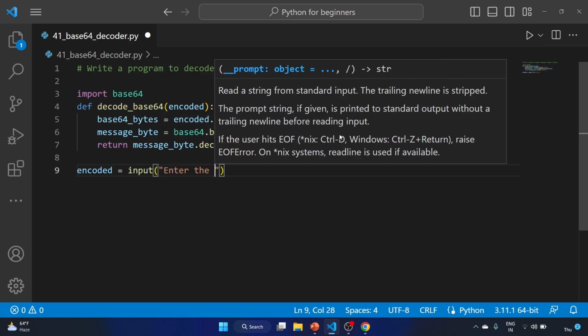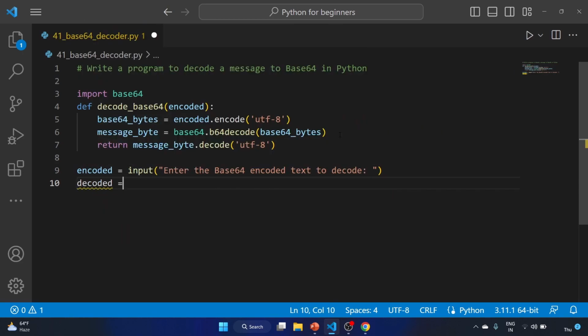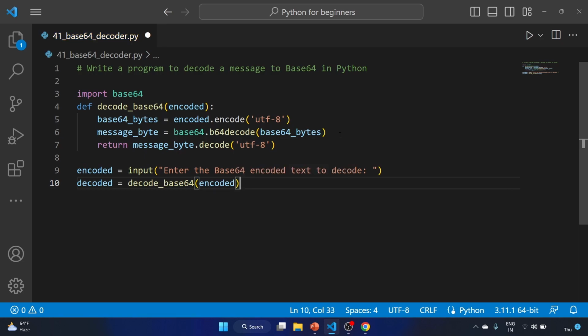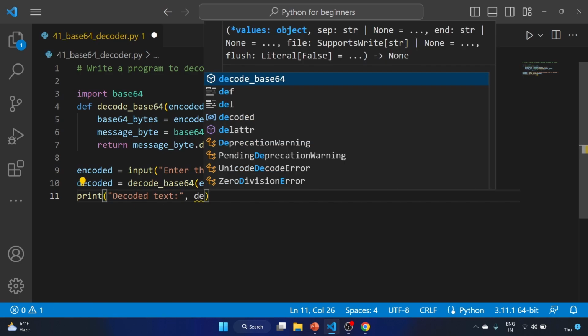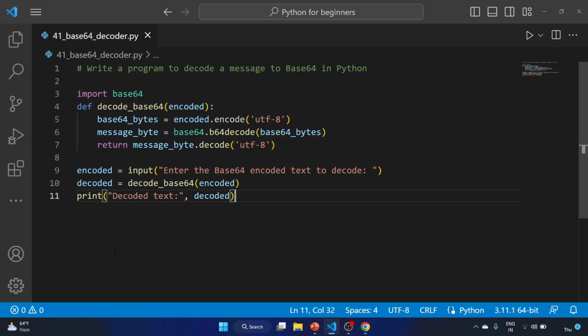Let's get out of our function, and we'll create our variable, that is encoded equal to input. Enter the Base64 encoded text to decode. We'll create a decoded variable equal to, and we'll call our function, that is decode Base64. We'll provide our encoded variable, and we'll print our decoded variable here. So the decoded text, and we'll provide the decoded variable here. Okay, so let's run the code,